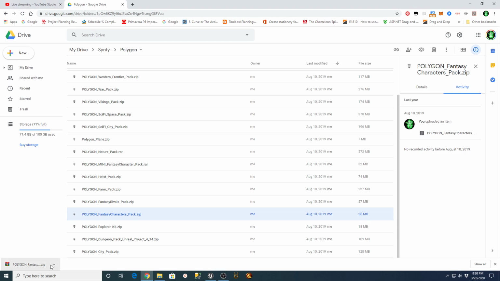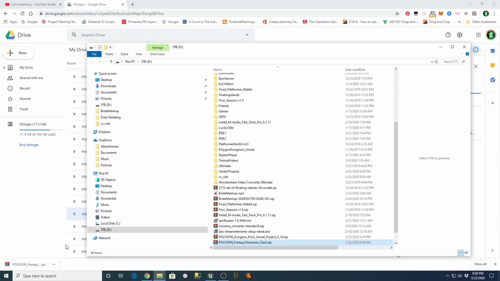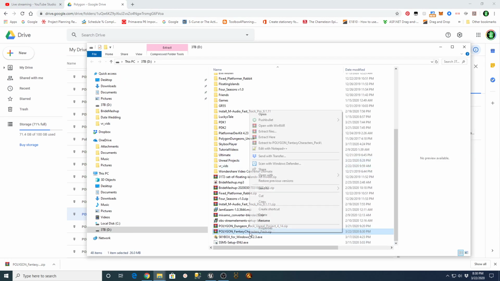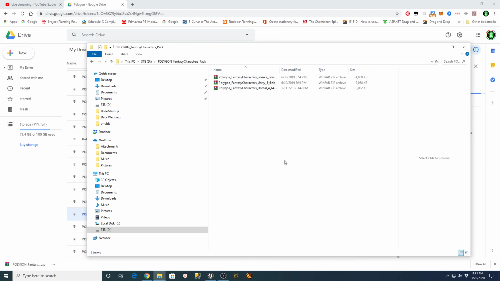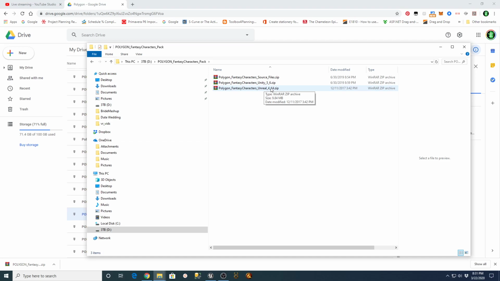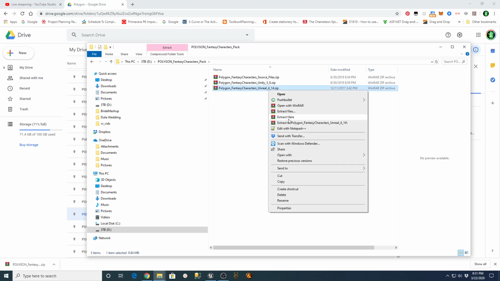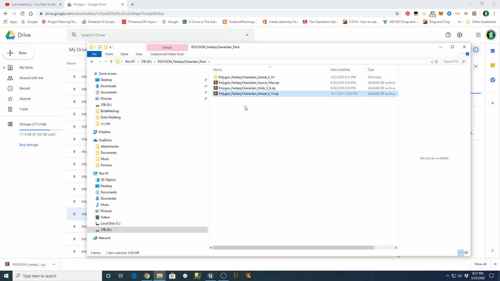Let's see here. Show in folder. There we go. And I will unpack this Synty Character Pack. And then all I normally do, you go in here and you get the one that's for Unreal. So I will extract that as well.